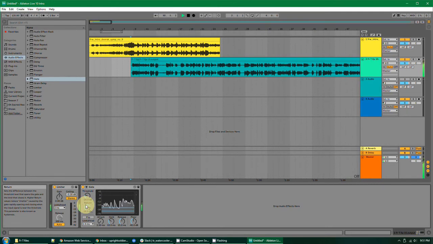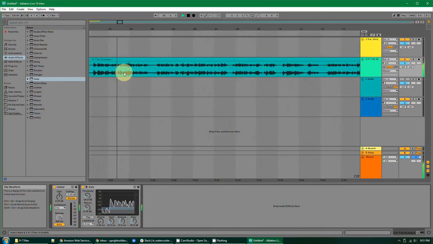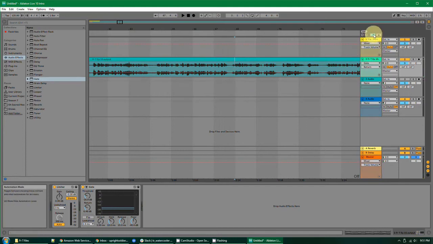But I've also noticed that if you're using this gate, oftentimes, if the host says an S, like a smart, or any word that starts with an S, the gate will often cut out that first initial part of the S sound. If that's the case, you can use an automation to lower the threshold and to let that S get through and then bring it back up again. So for example, if we go back into enable our automations again by clicking this button here or pressing the A key,